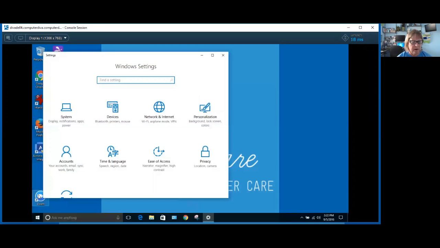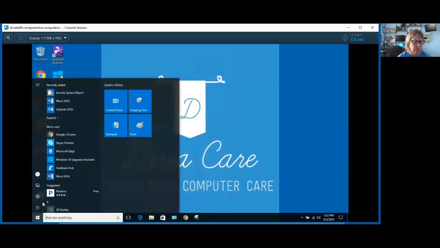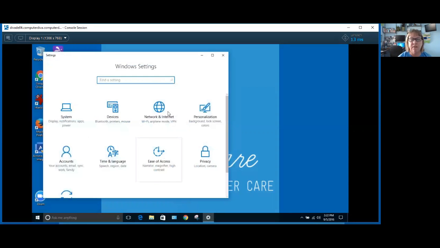this little setting here, actually, let me go back to that. It's the little wheel sprocket here, and it's your settings. So if you click on that, it takes you to all of your computer settings. And you can find most of what you need to tweak in the computer in this section here. This is the new Windows 8, 8.1, Windows 10 style of settings menu. You still have access to the old settings if you want to click on Find a Setting